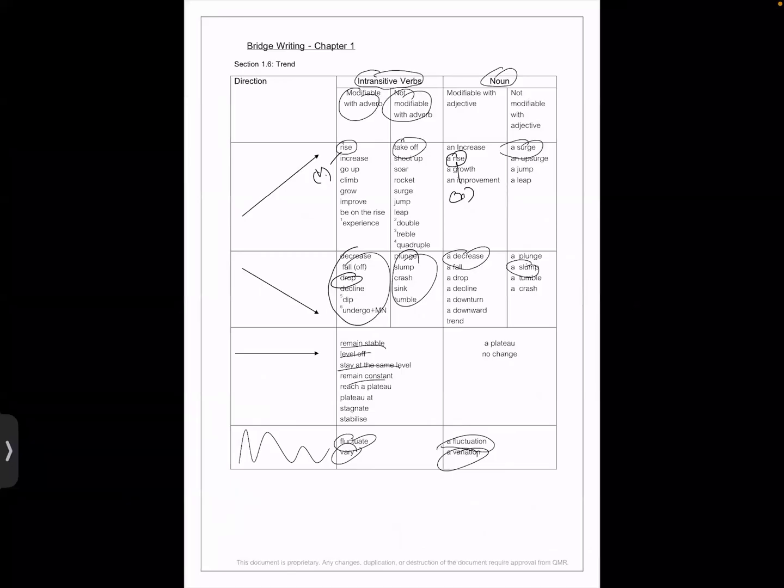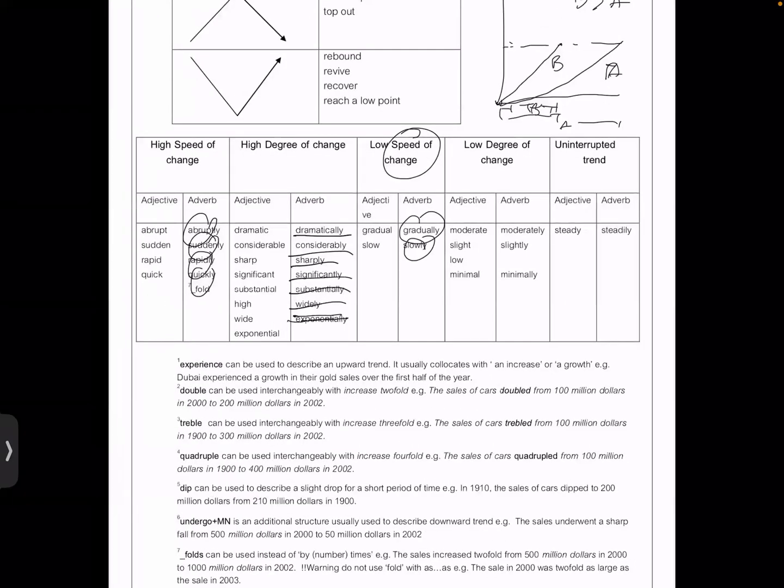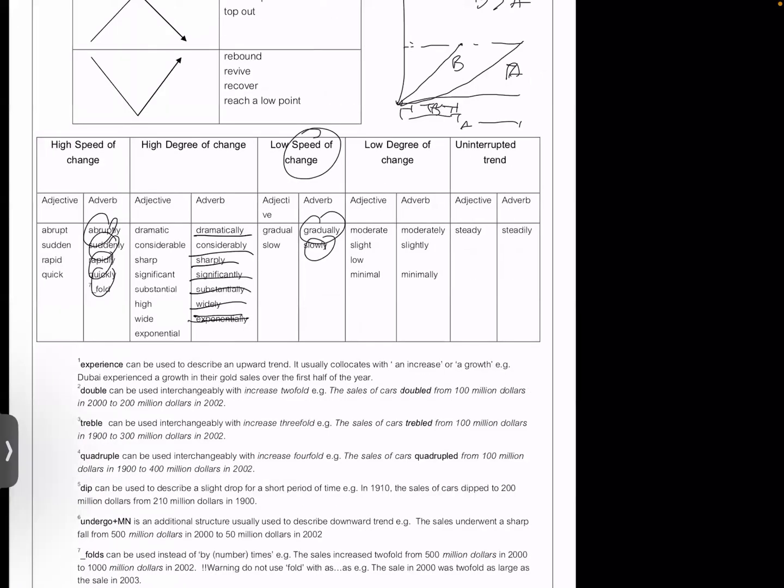Last time we also talked about words that you have to use to describe changes. So we have intransitive verbs, we have nouns. Words in the second table here are adverbs and adjectives you can use to describe the characteristics of the change in the plot. So when you see a sharp slope, or a steep slope, that means something changes rapidly or changes significantly.